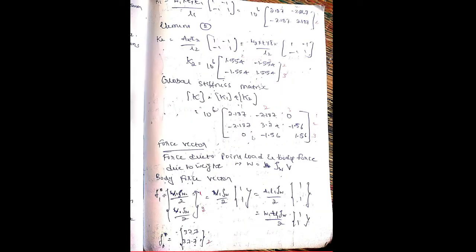Let me take the same stepped taper bar, the next problem. And one more thing: here they have given self weight. Whenever self weight is there, it comes under body force. When body force is there, you have to use the formula A L rho L by 2. Got it? You have to memorize the formula. Understood?